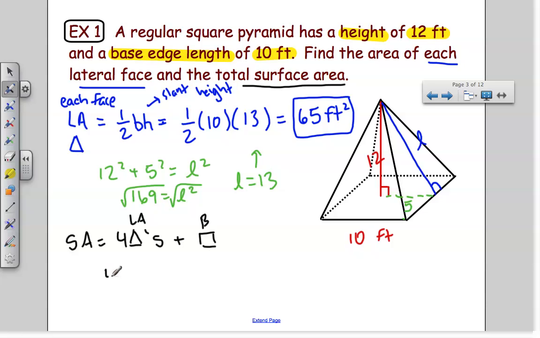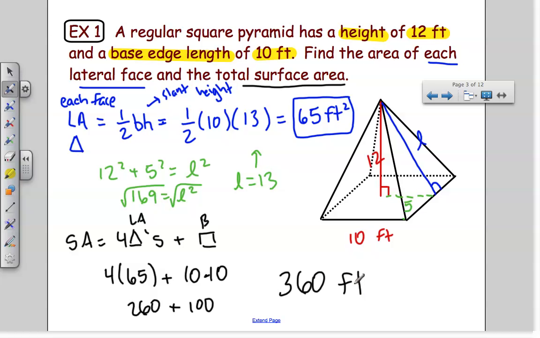Now, each of the triangles would be 4 times 65. We just figured that out a minute ago. Plus, what's the area of the base? Well, it's a square, with dimensions of 10 by 10, which is obviously 100. And 4 times 65 is 260. Final surface area: 260 plus 100, 360, and it would be feet squared,